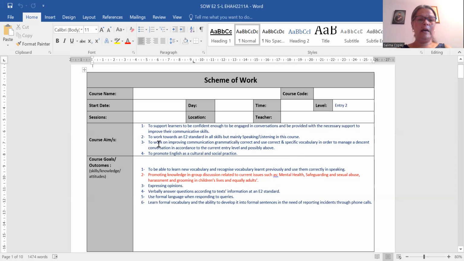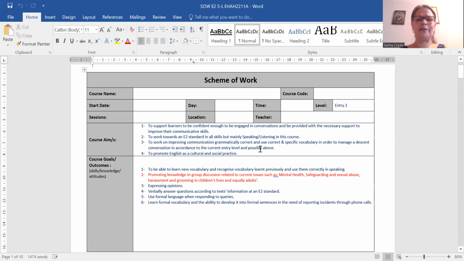Aim number two is to work towards an Entry 2 standard in all skills, but mainly you focus on speaking and listening. I mean, you cannot teach, or the learners cannot practice, speaking and listening without reading a document, a text, a paragraph, a dialogue, or a conversation, and without writing as well. The third aim is to work on improving communication, grammatically correct, but don't focus too much on that,